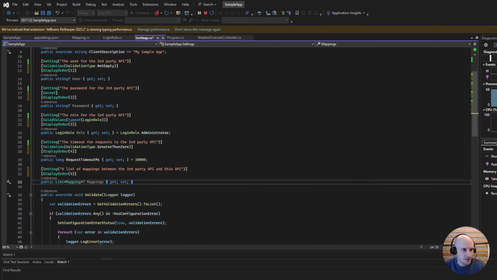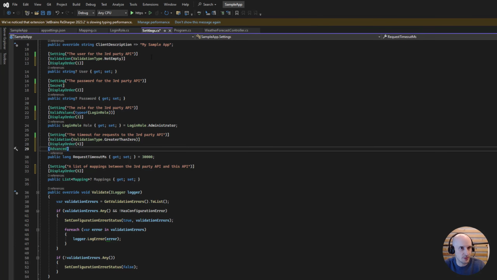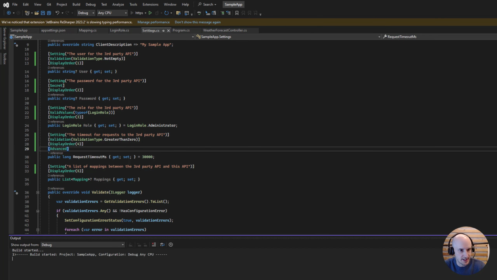And then this request timeout, this is something that probably we're not going to change. The default's probably fine. So we can mark this as being advanced, and we'll see what effect that has when we push it out. So if we now update our settings again,